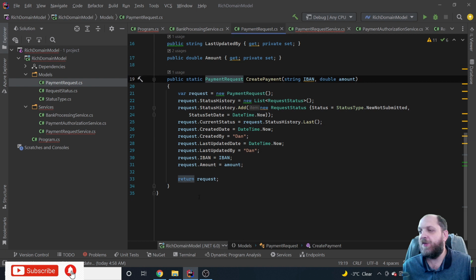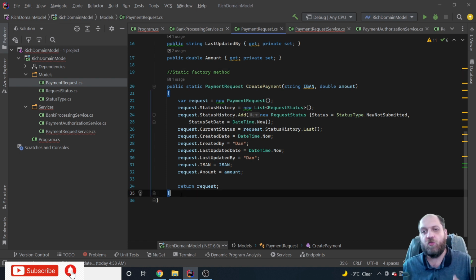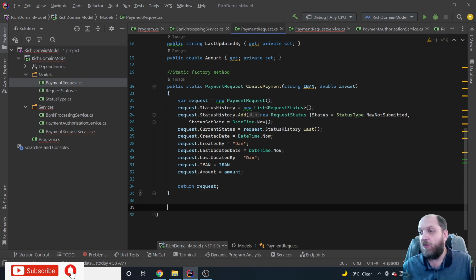The only difference is that for the submit, let's add a comment here and say it's not a static factory method, okay? Because when you submit a request and when you want to do an authorization or complete it, all these things mean changes in the state. So that's why we have public here. That would even return void because we just changed the state of the object. And since this is a reference type, those changes will be reflected. So no reason to return anything here. And submit